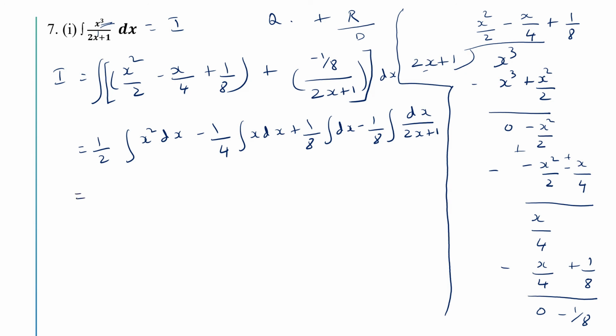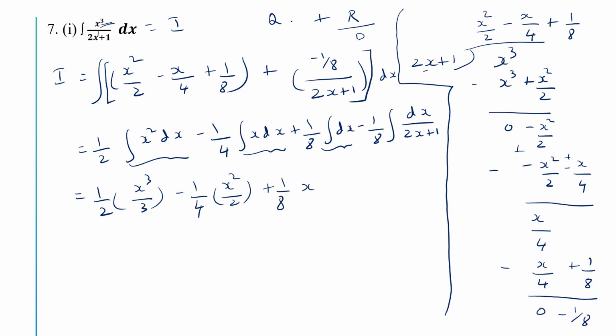So this is equal to half into integral x square dx is x cube by 3, minus 1 by 4 into integral x dx is x square by 2, plus 1 by 8 into integral dx is x,